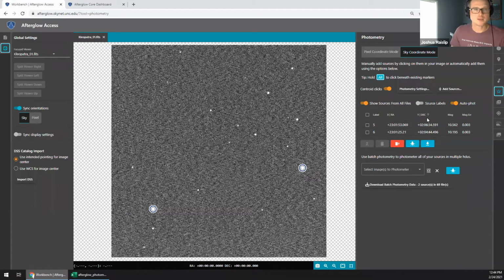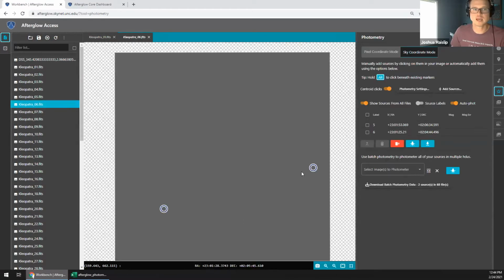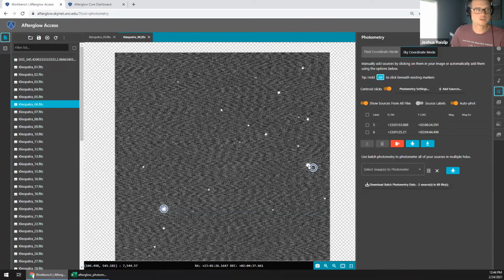However, the asteroid's not staying in the same place. So imagine if we did that, we would get the asteroid in the first few images, but then at some point the asteroid would have moved outside of where we said we were photometering. As you can see here, by image 6, it's now not even within the centroiding radius, so we would get